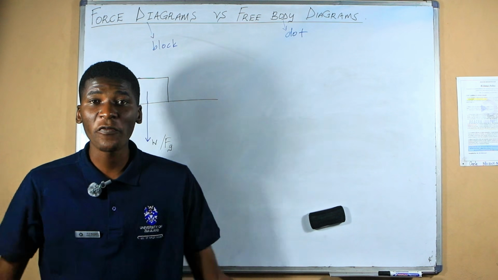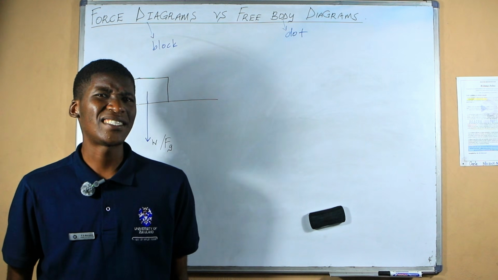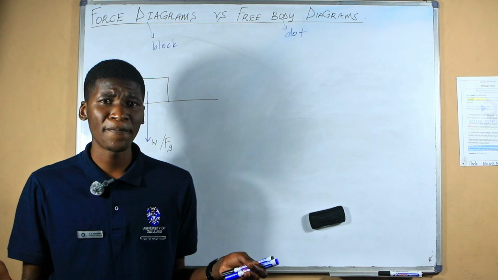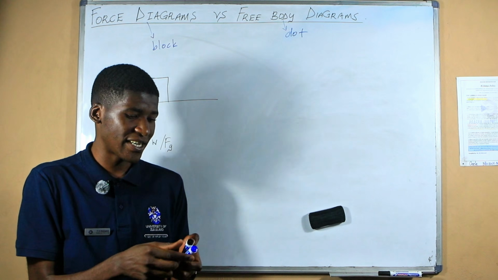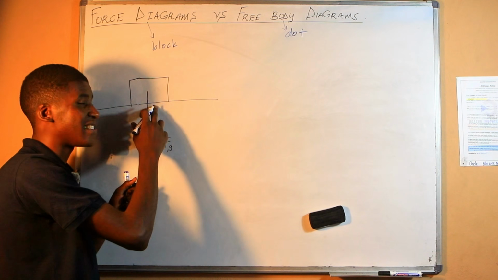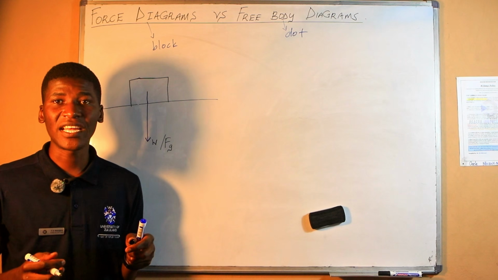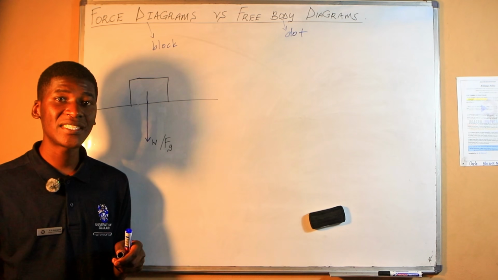I'm on top of the ground in this case, but it can be a table or any surface, as long as you can put an object on top of it, right? So basically, that surface applies a force on the object.